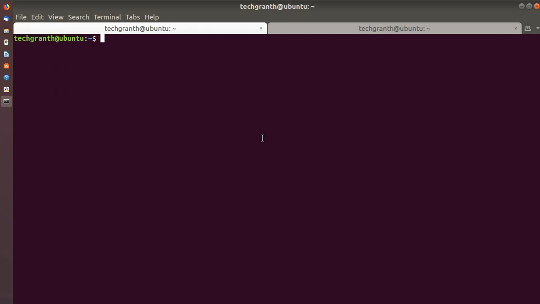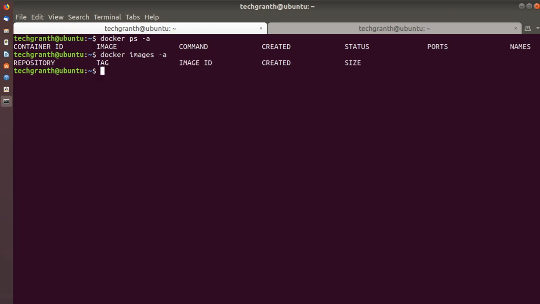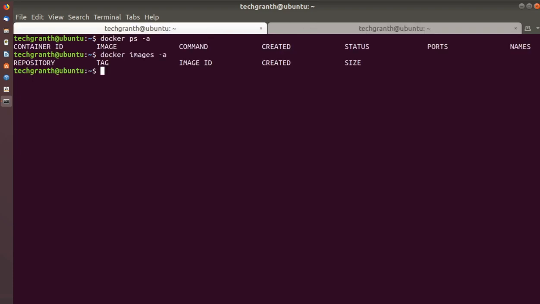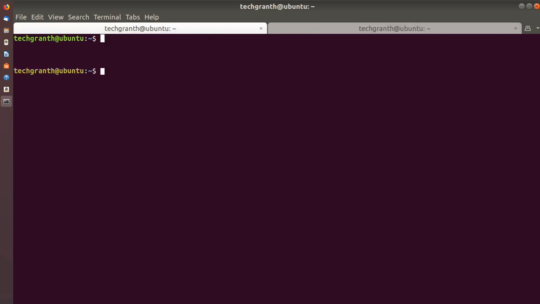Again, we are here at our terminal, and as I'll show you, we do not have any container running here, and we do not have any images here, right? And we have another terminal to verify. We will work in this terminal.